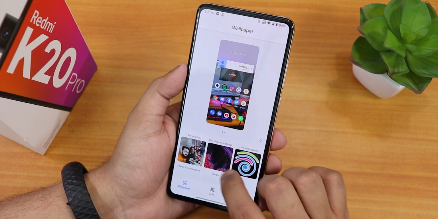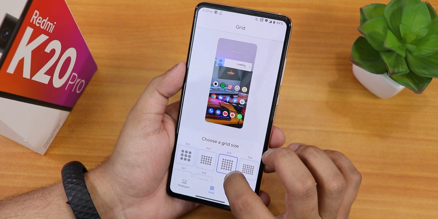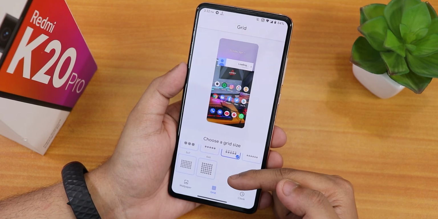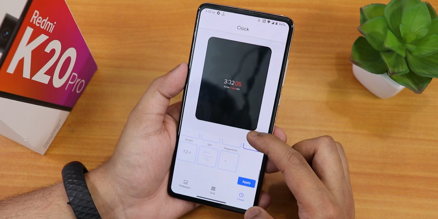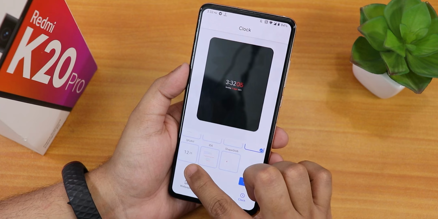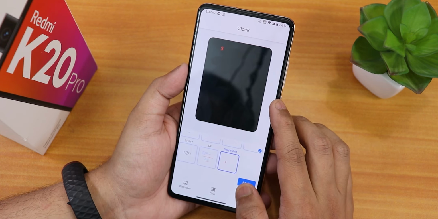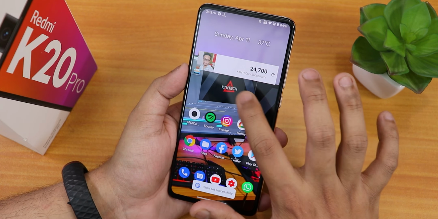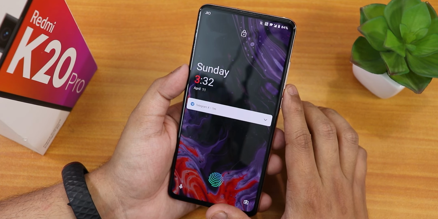Inside styles and wallpapers, we have this wallpaper right here. This is the stock wallpaper. Then if you go into the grid option, we have up to 6x6 option. In the clock settings, we have these many lock screen clocks, and you get this fluid option, then the tux, and we also have the S funny one. And we have the IDE, and there is the shape shift kind of clock. I don't know how it looks. Let me actually see. Okay, so this is how the shape shift clock looks. Pretty good, I would say.